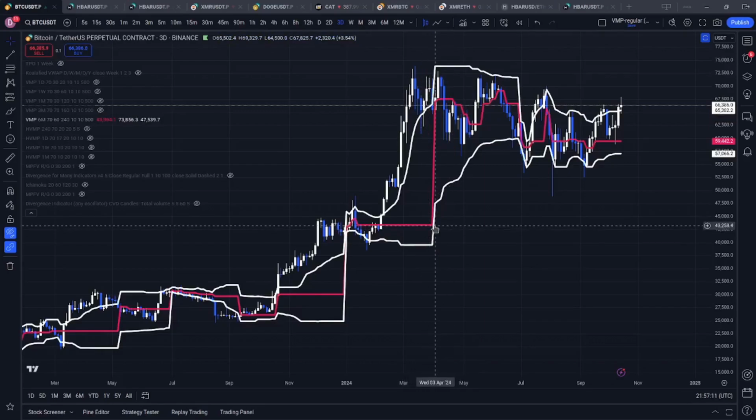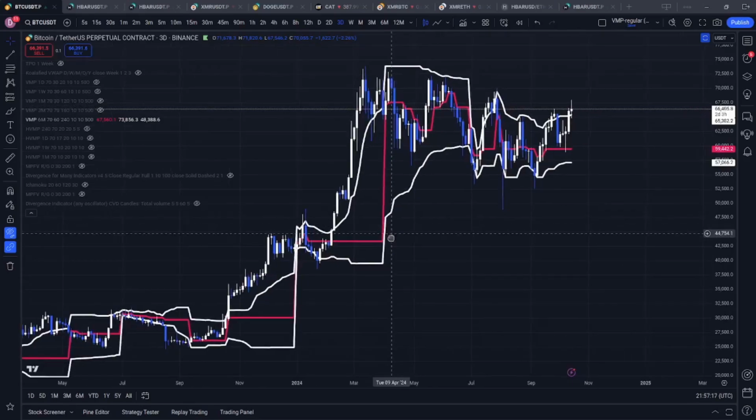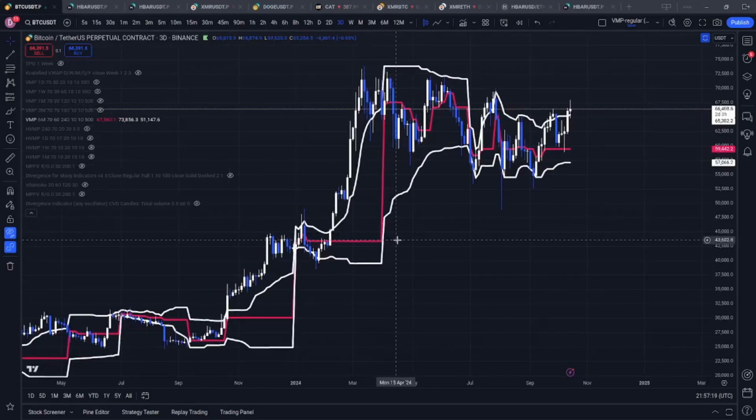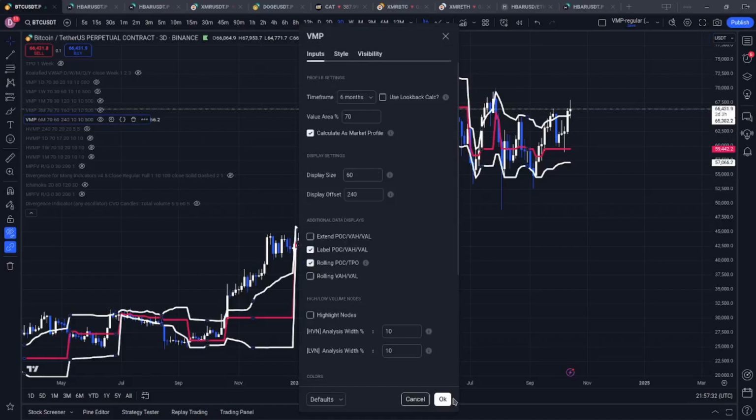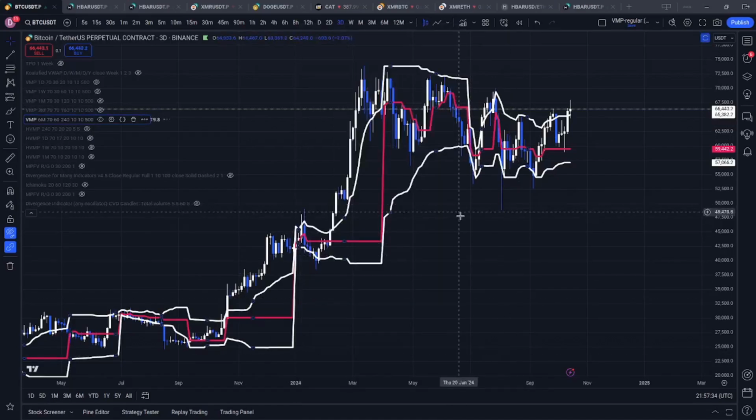So for here, it looks like it is April 2024. I don't think price is gonna go back down that low, but if it does, this would be a great potential buying opportunity, because it is taken into consideration. Let's see, 3 months of data. So if we go back and turn on the value area high and the low,